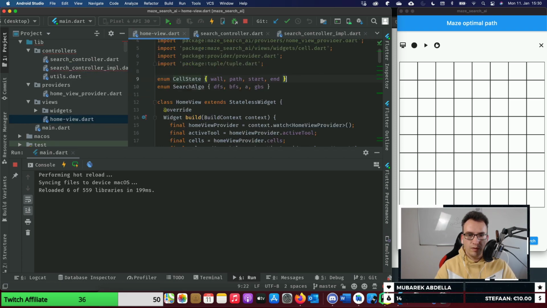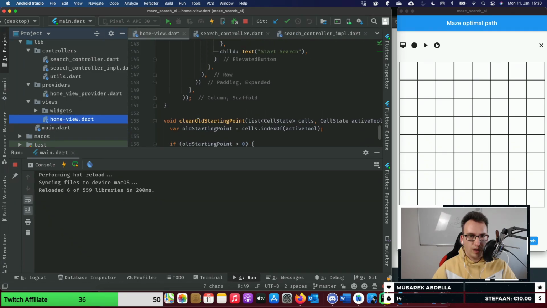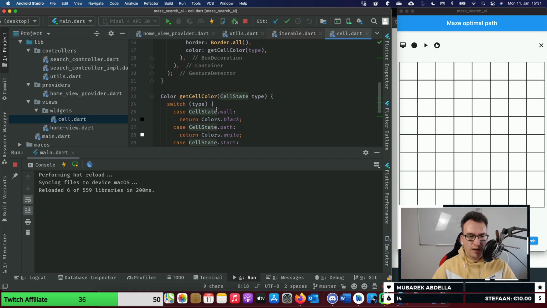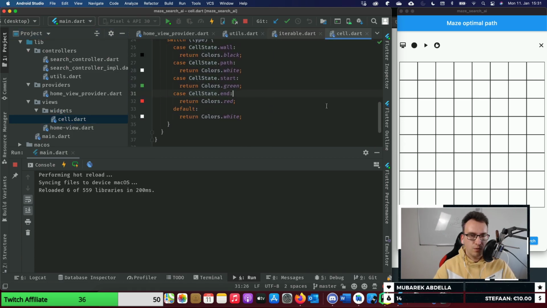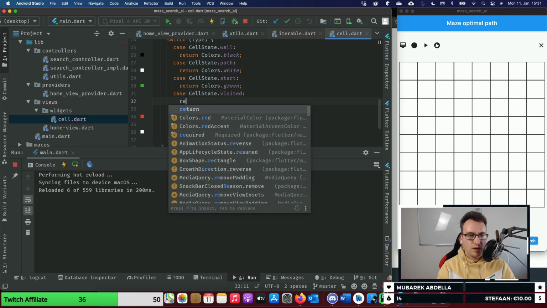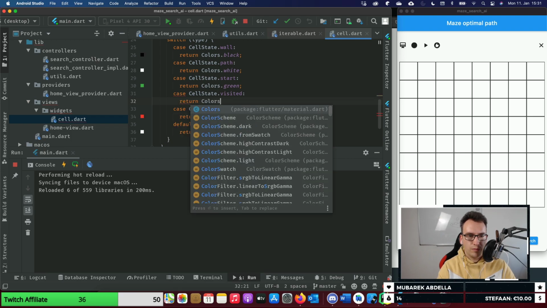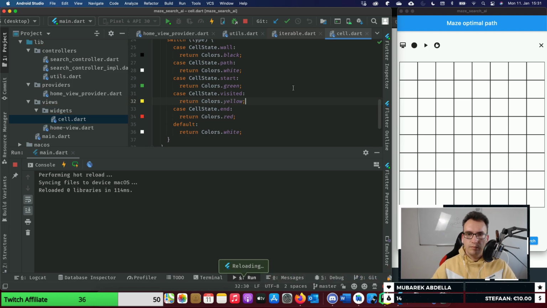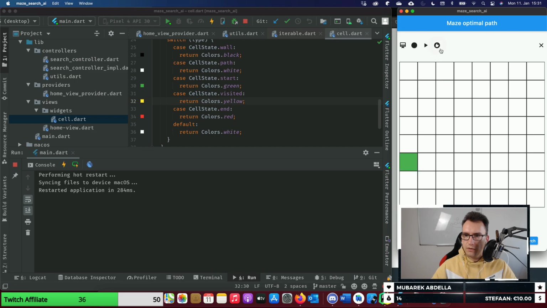Yep. So this state does not exist yet. Visited. And now inside of our home view on the bottom, I think we have a widget for the cell, we color that one, right? So one of them could be our new visited, which returns the color yellow. Until now everything is green, so let's try that